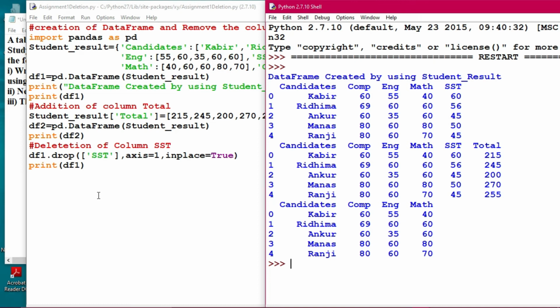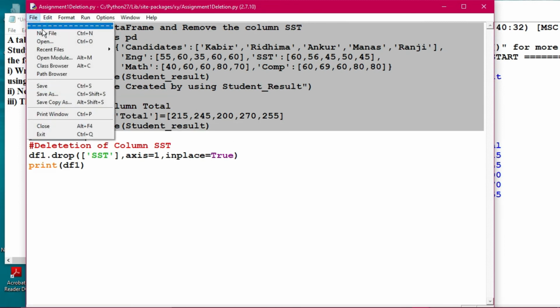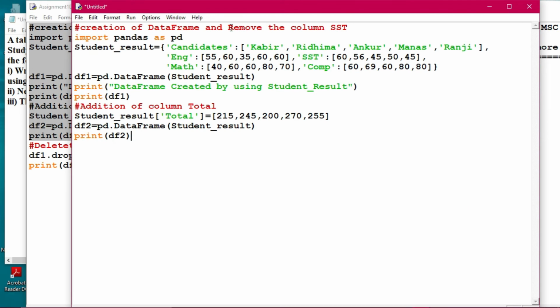All right. One more important thing I'm showing you after this one, just while ending: adding a row to the data frame.